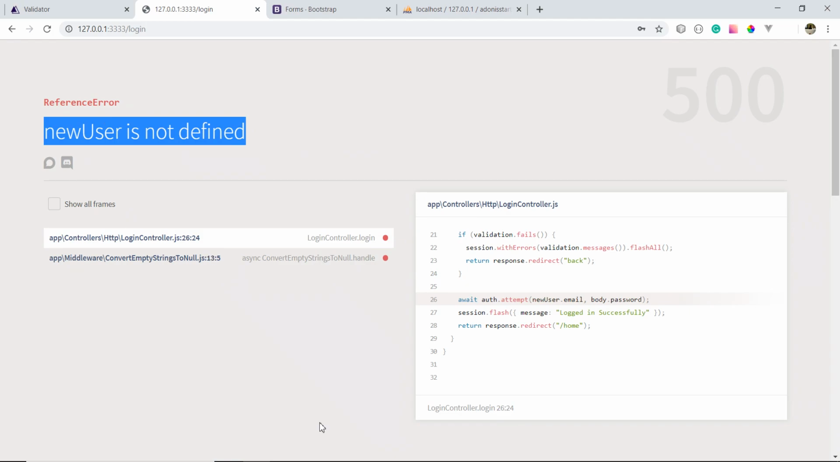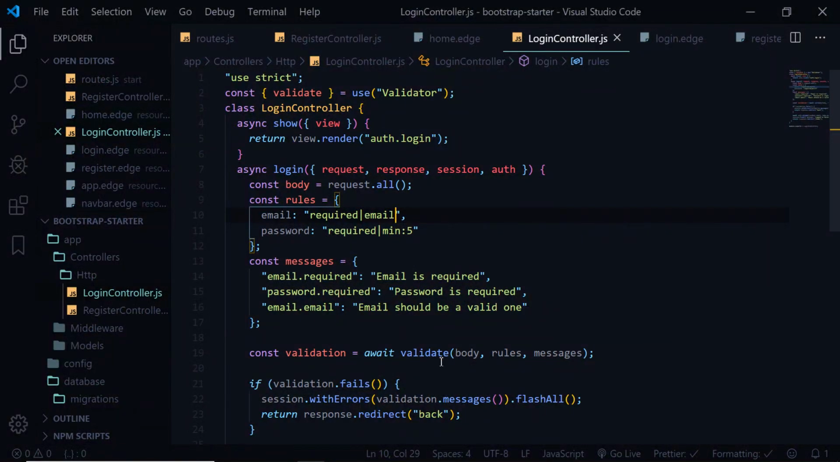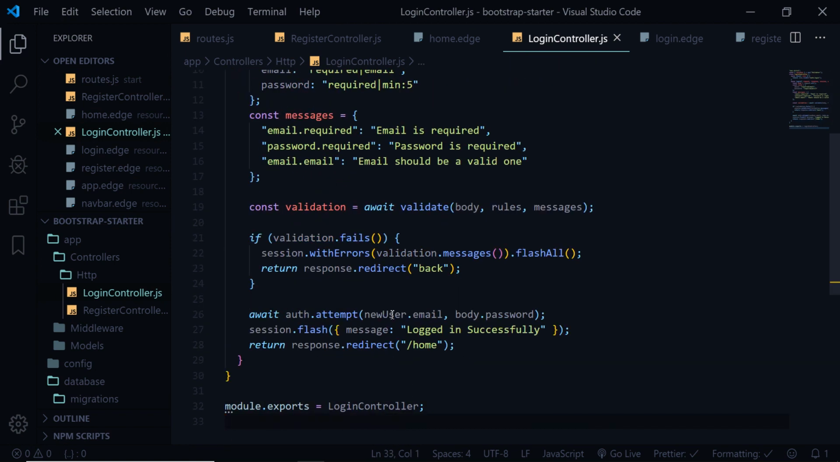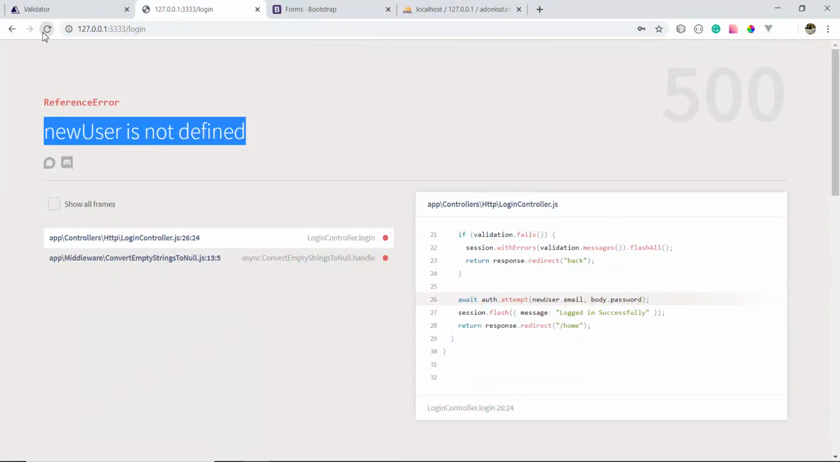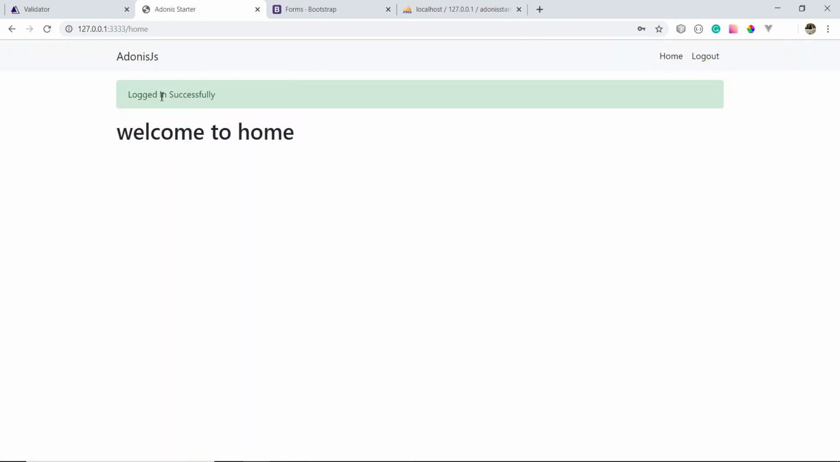New user is not defined. What I'm doing is inside login controller, we are checking for new user.email. This should be body.email. All right. So again, give it a refresh. Now we have logged in successfully. Right. We have this. Now, one thing I want to notice, we have login and register route working and logout